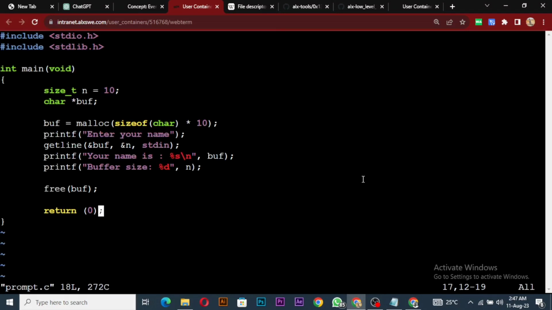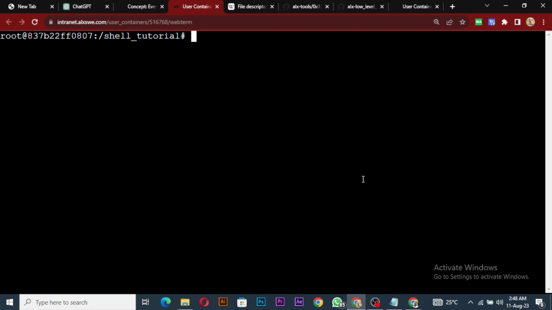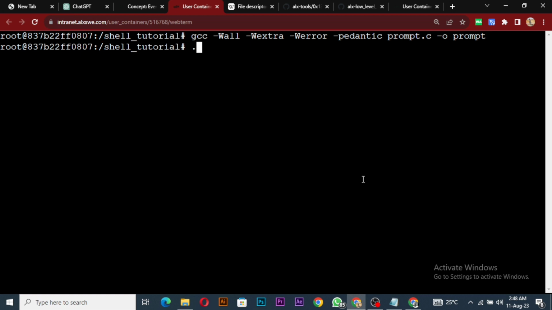Okay, so when we want to print unsigned integer, should be %ld. Okay, alright, so we can clear and then press this guy. Okay, so we have our prompt, and then we can run prompt,